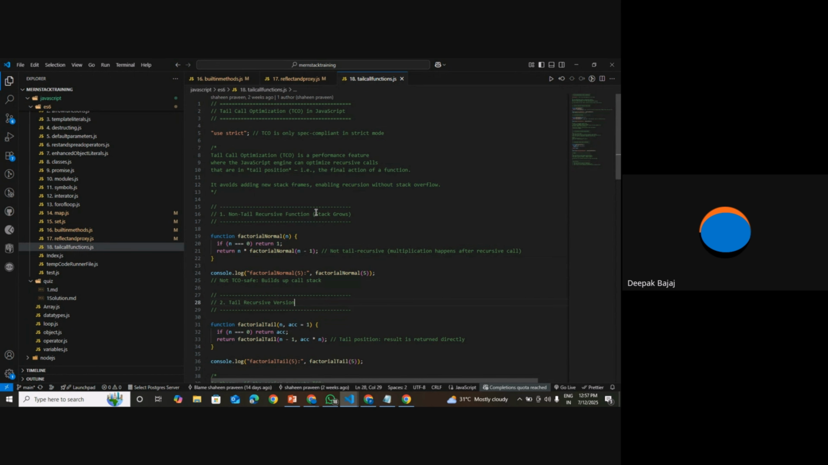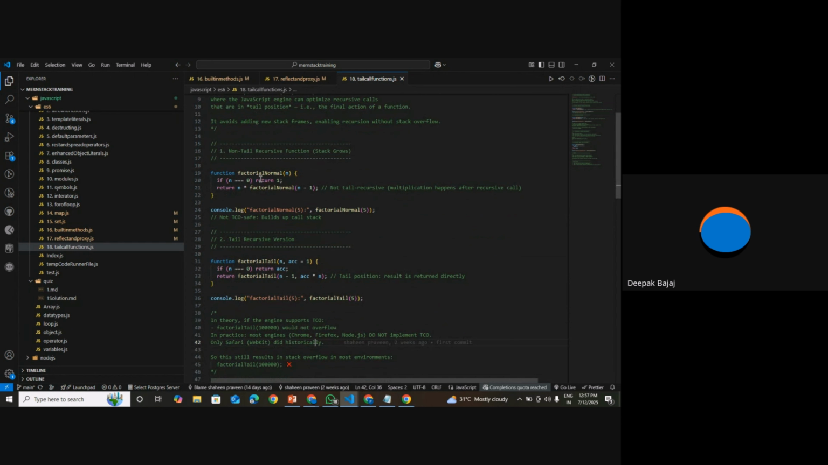So let's say you are going without tail recursion. We normally use recursion to calculate the factorial number. The multiplication happens after the recursive call, when it returns. And note that it will build up the call stack, meaning it will maintain the stack. Make sense? But with this factorial tail version,